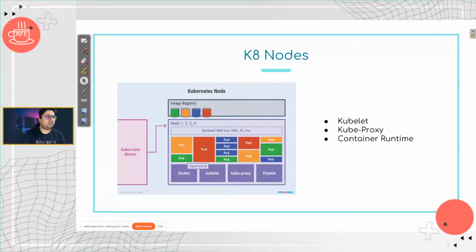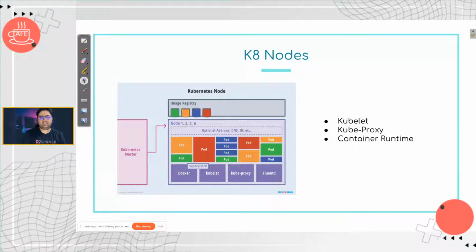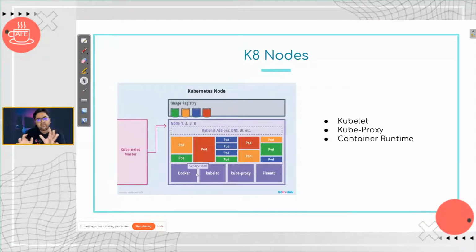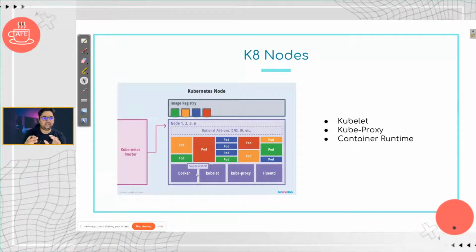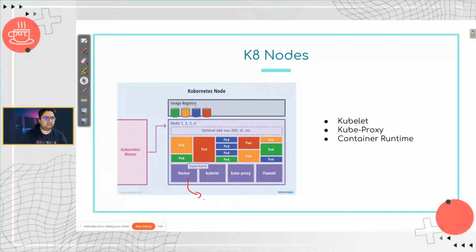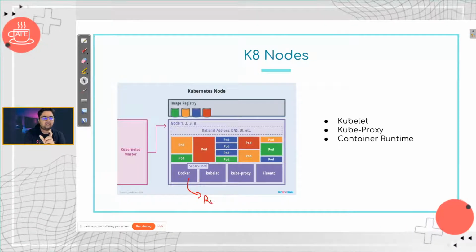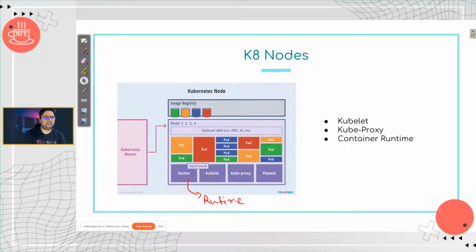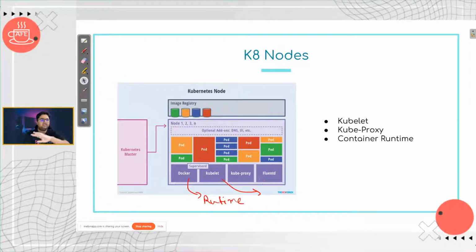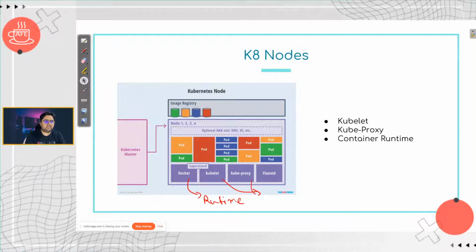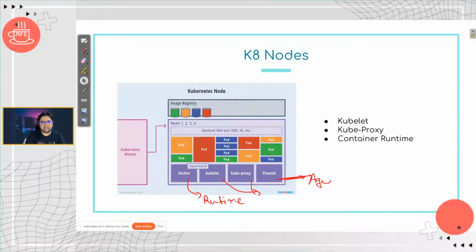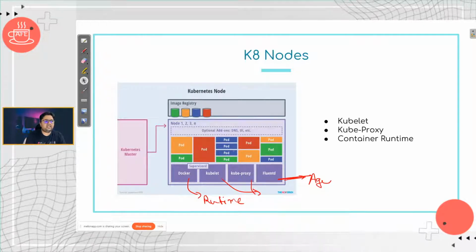What happens inside a node? Node again will need to have some way to work with containers, some way to interact with the master. So typically there's a Docker engine which is called a runtime engine. This can be anything, right? Then you have kubelet, which is what interacts with Kubernetes master. Kubeproxy, same thing. Fluentd is more of an agent for some kind of logging. This is not core Kubernetes, all right? And then everything else is pod.